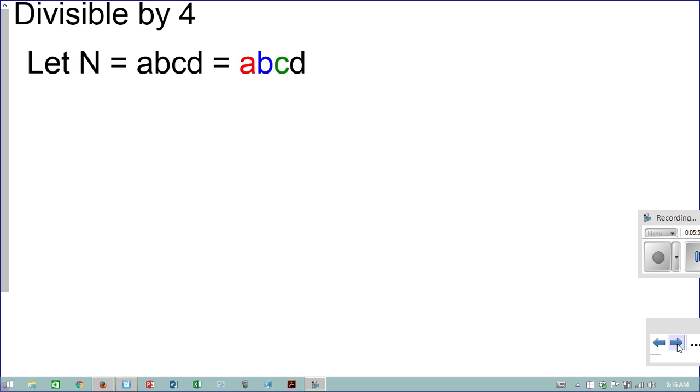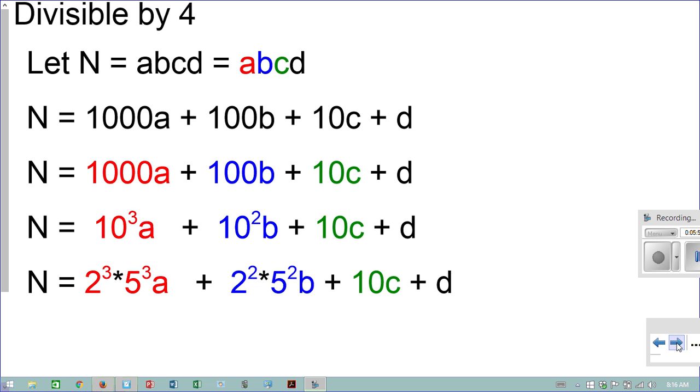When we move on to 4, we're still going to start out with our expanded form. Still going to start out with the 10 cubed and the 10 squared. Still the 2 cubed and the 5 cubed, the 2 squared and the 5 squared for my variable stuff here. Now, looking at divisibility by 4, I want to go ahead and in this line, now I want